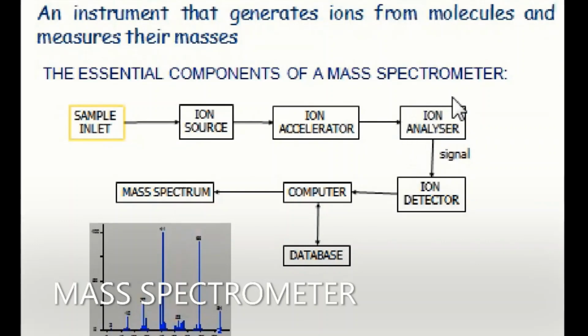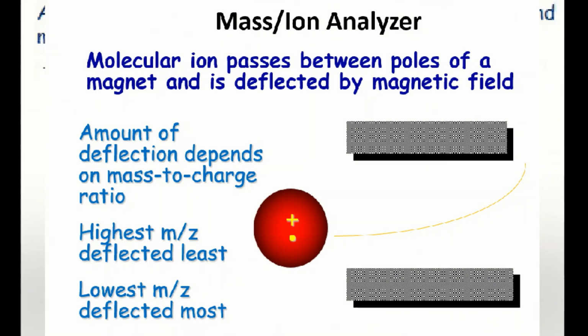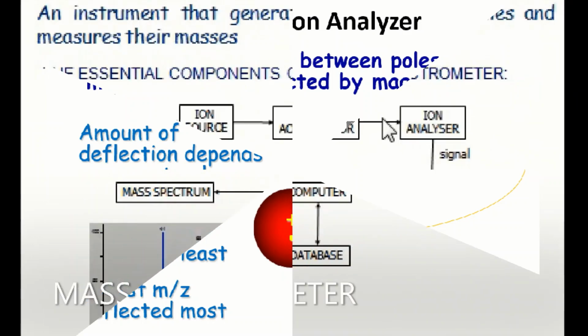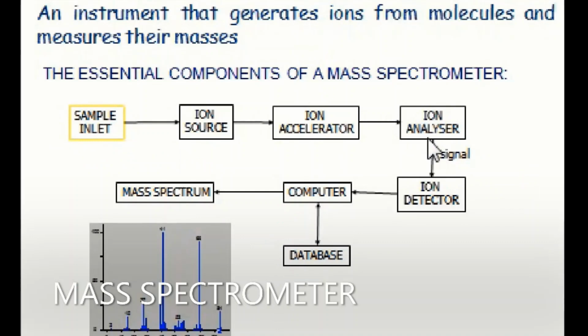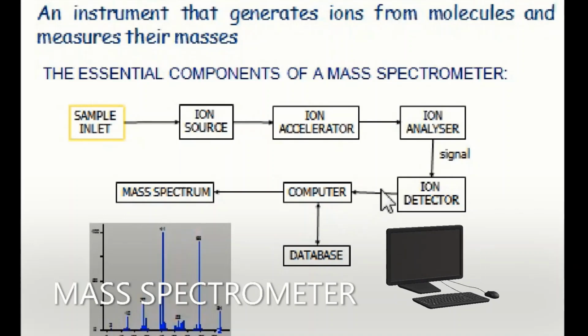In the ion analyzer, whatever samples you have, based upon their mass to charge ratio, the analyzer segregates them into different segments. As the sample is segregated based upon mass to charge ratio, later on it comes in contact with the detector. As soon as the detector gets the pulse of any of the samples, it gives its reading on the readout device. The readout device here is your computer. The computer is going to produce a mass spectrum.